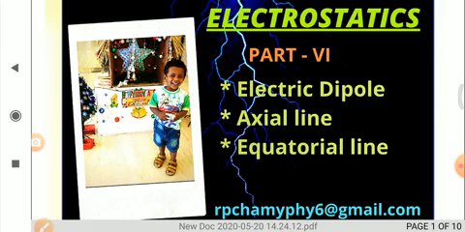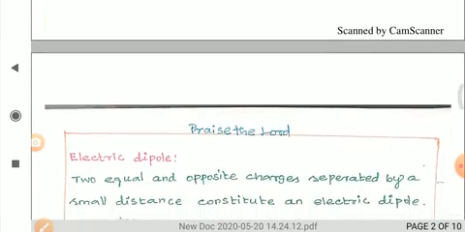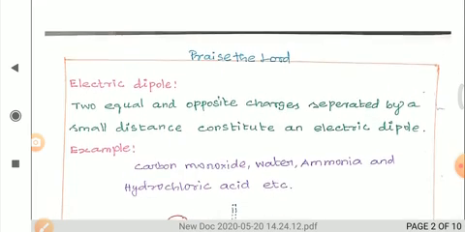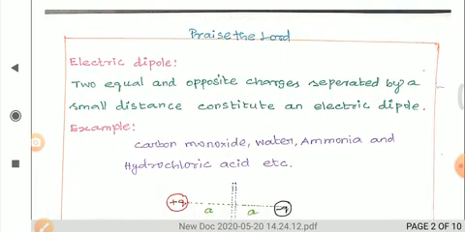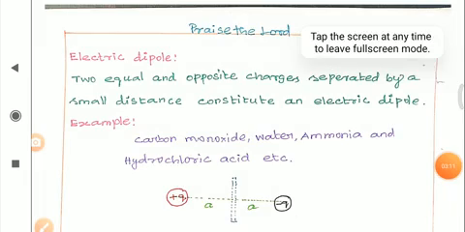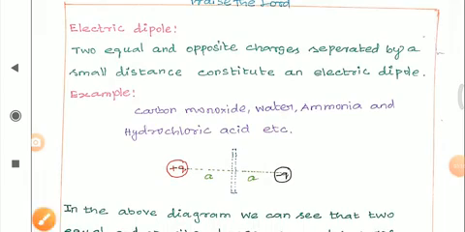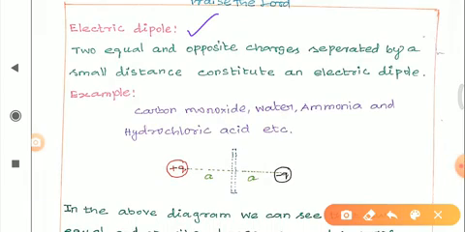Now let us move to the first topic. What is the first topic we are going to discuss? That is electric dipole. In this electric dipole topic, what questions can we expect? First of all, we can expect a 2 mark question: define electric dipole. For that question, what is the answer? We have to write